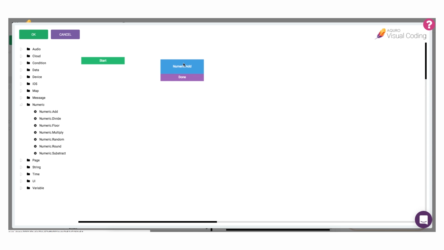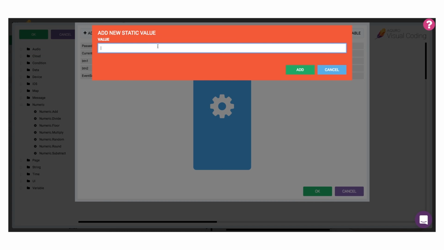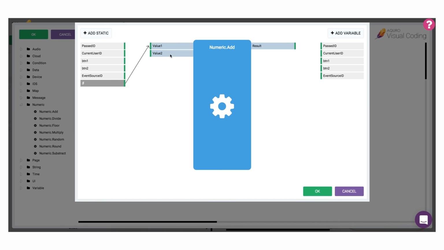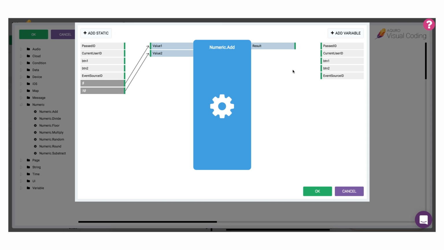I'm going to use the numeric add coding block to add two numbers together. To start off, I'm going to open the configuration window for this block and assign two numerical values to each of the arguments on the left. Now we have one output result, which is the sum of both numbers. We want to store this value and use it later on in our script, so we need to add a